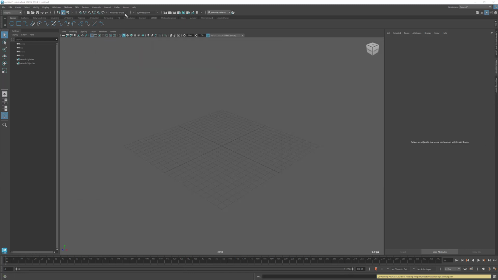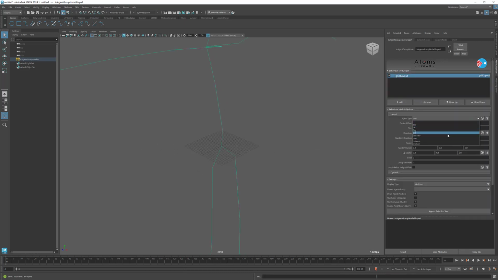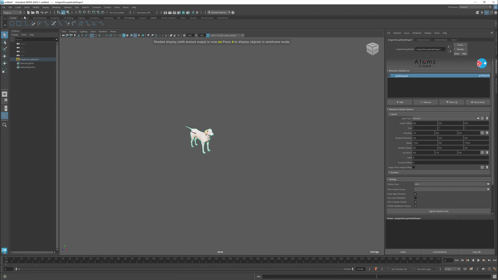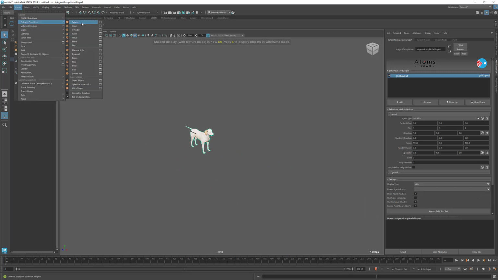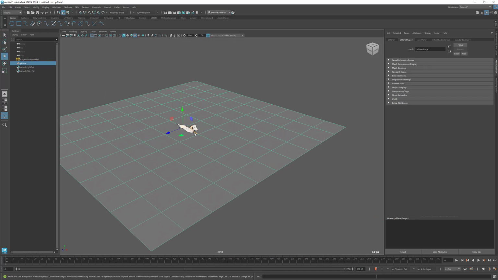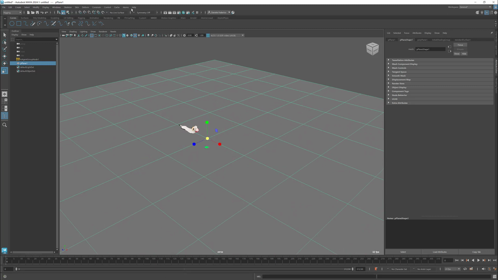So now we can go in the scene. I'm going to create a grid layout for my Labrador, so for the dog. Let's go here and set Labrador. Let me set the display type to skin, and let me create a plane, just so that we can see them maybe walking on a plane. And let me create a navigation field with this plane,